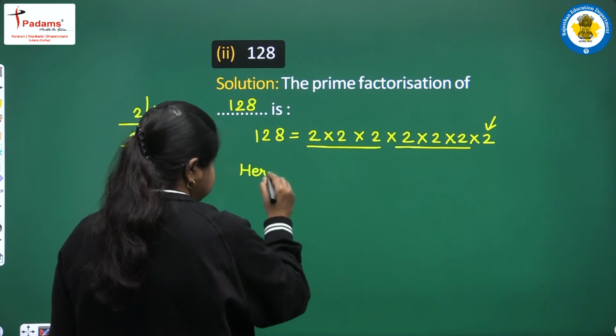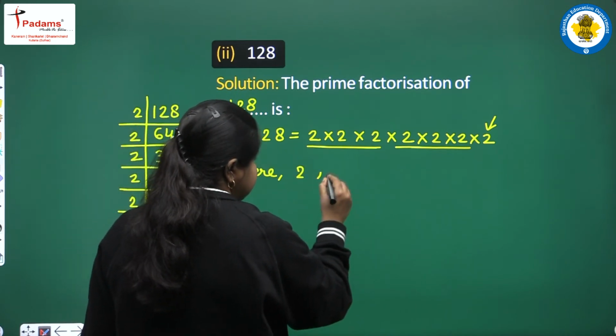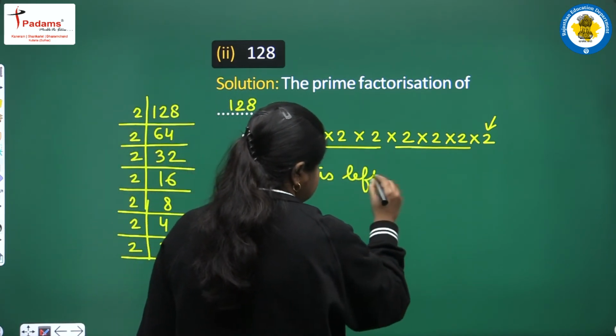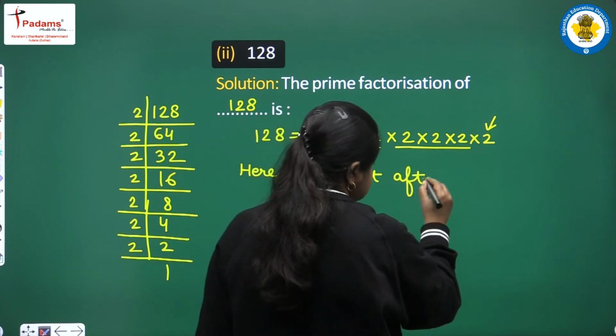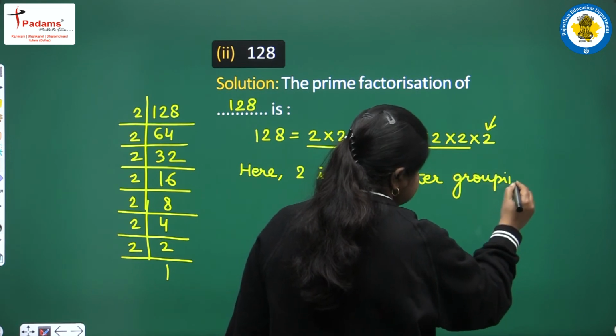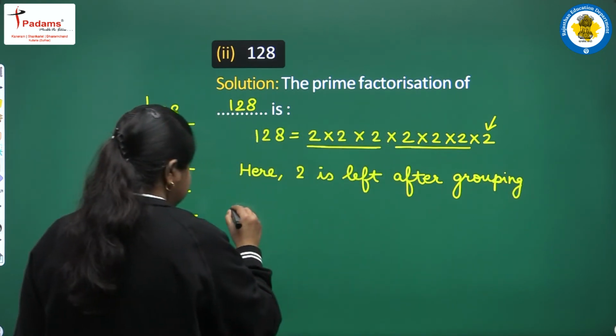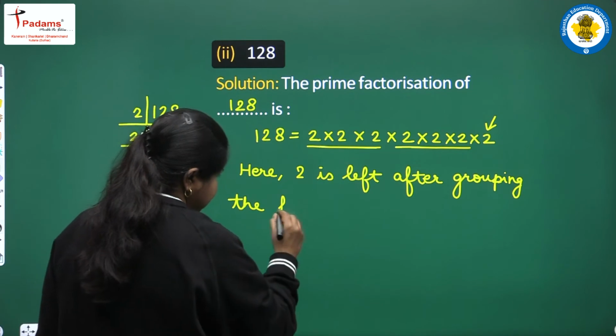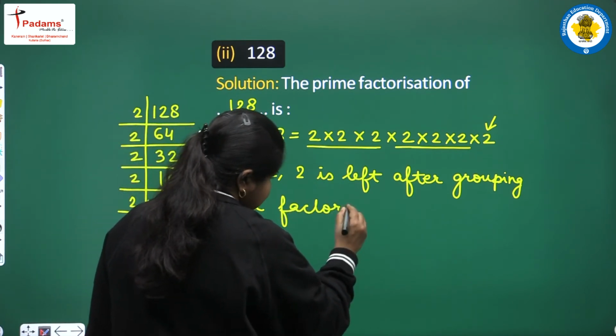We write here: 2 is left after grouping the factors in